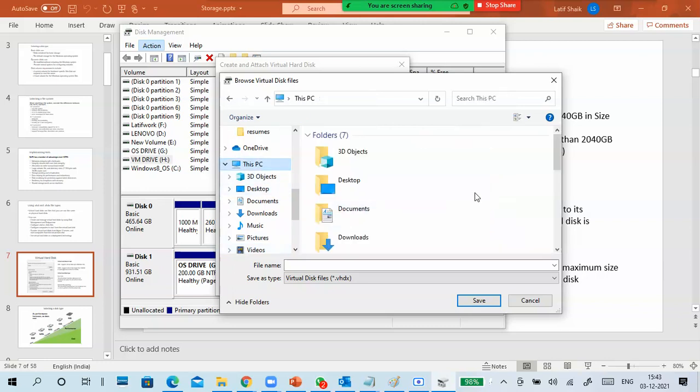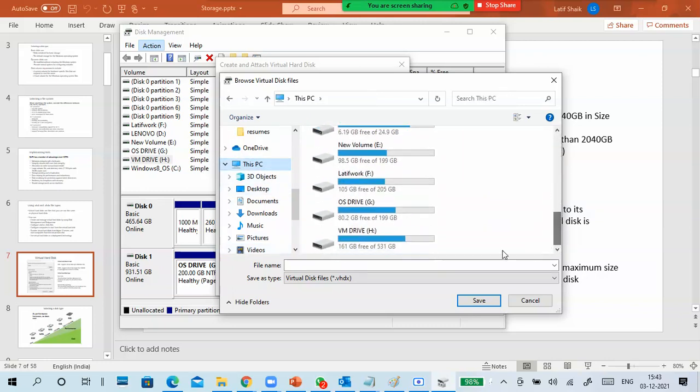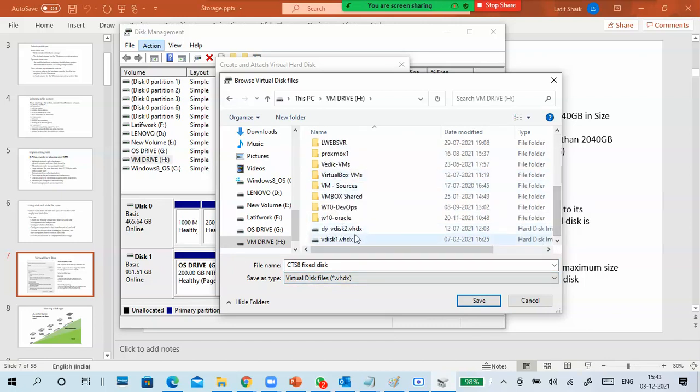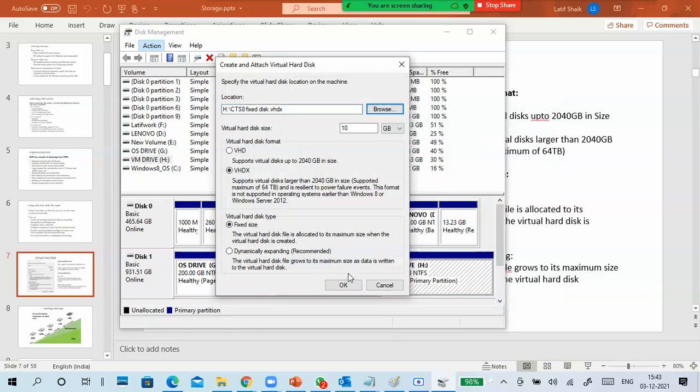Or if you want, you can go to This PC, scroll down, H drive 161 free space. And I'm putting a name for that one, CTS 8 fixed disk, just for understanding only. Already in my H drive I have disks, so don't worry. Save, click OK.